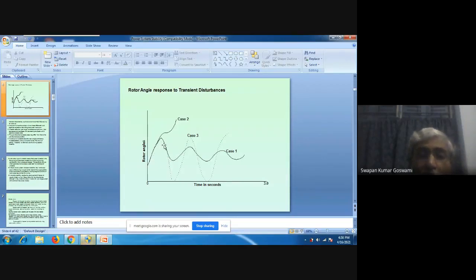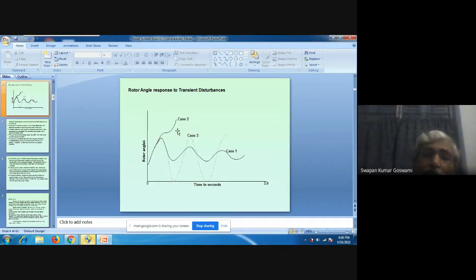Increasing means the speed is above synchronous, decreasing means the speed is moving towards synchronous and becoming below synchronous. Again increasing means again the speed is becoming above synchronous. So if the system oscillation is such that consecutive swings will be of lower and lower amplitude, then stability can be assessed from the